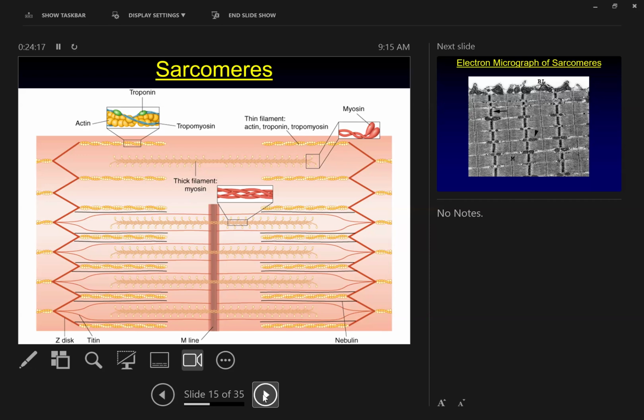There's an enzyme on myosin. There's a couple of other regulatory sites on myosin that help us generate force, that determine how quickly it generates force, and that determine how much ATP it uses when it breaks itself back off. Differences in myosin are going to be primarily what determines differences in muscle fiber types, which we'll talk about in a few slides. So, thick myosin filament, thin actin filament, and the idea behind the sarcomere is to pack these things